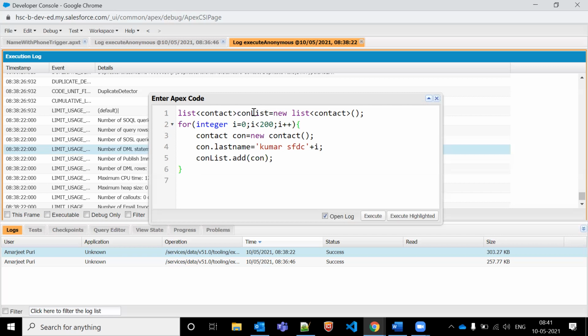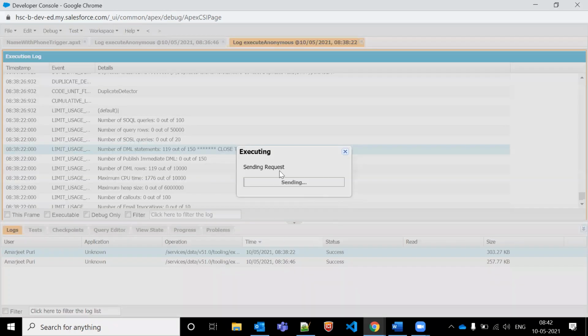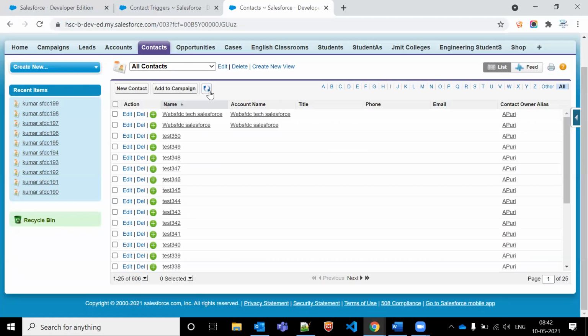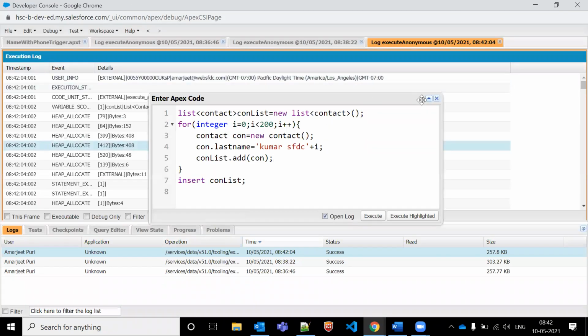बट मैं क्या करता हूँ, जैसे मेरे सारे के सारे रिकॉर्ड्स इस लिस्ट के अंदर ऐड हो जाते हैं, तो सबको मैं एक बार में इंसर्ट करवाना चाहता हूँ। मतलब मैं 150 टाइम नहीं चलाना चाहता इसको, मैं चलाना चाहता हूँ इसको एट 1 टाइम ओनली। समझ में आया? तो ये सीन है। तो अभी मैं एग्जीक्यूट पे क्लिक करूंगा तो मेरे 200 रिकॉर्ड्स और डेटाबेस में इंसर्ट हो जाएंगे। 406 है तो 406 से मेरे 606 हो गए, देखो, ठीक है। समझ में आया विश्वनाथ?